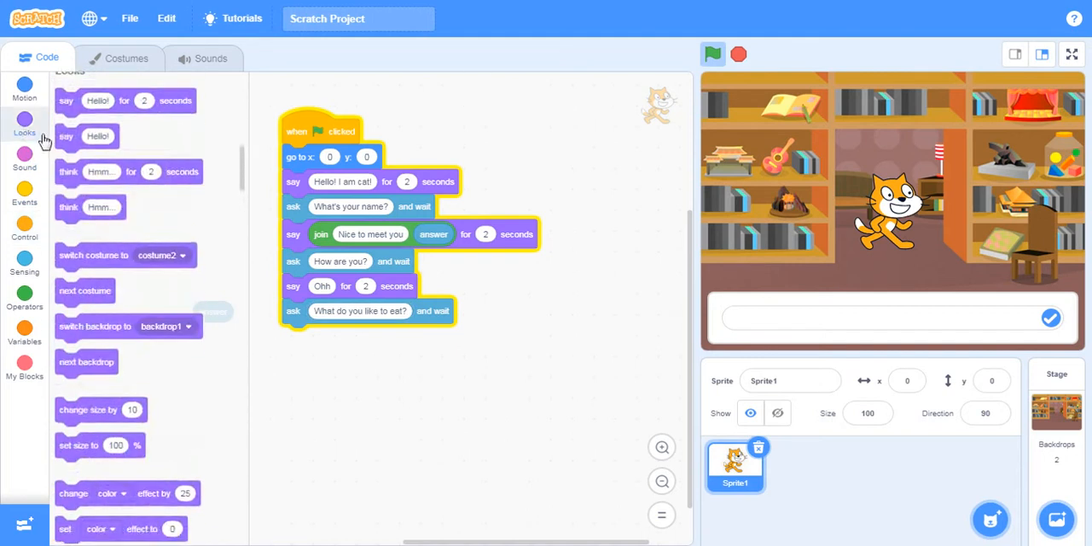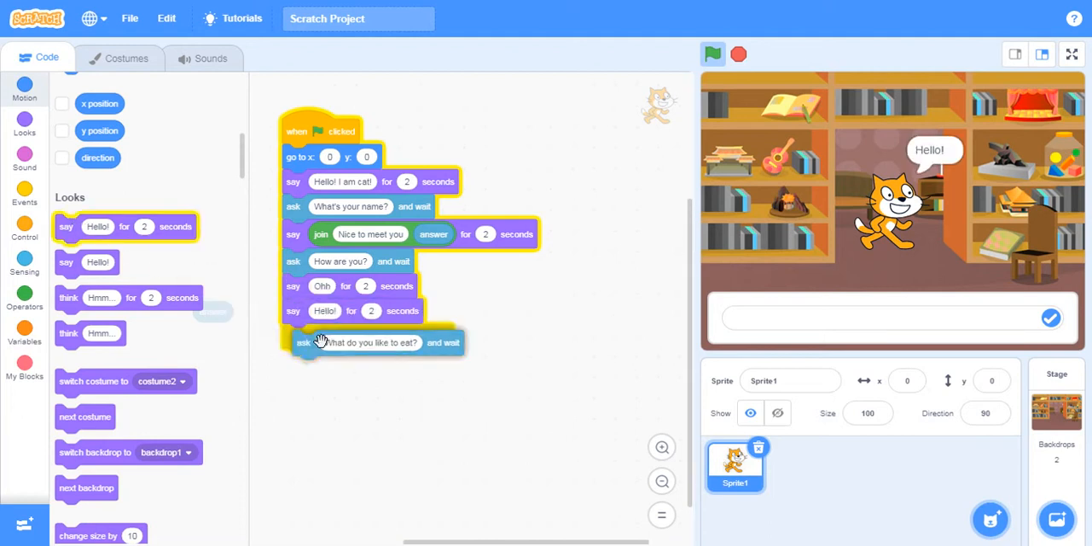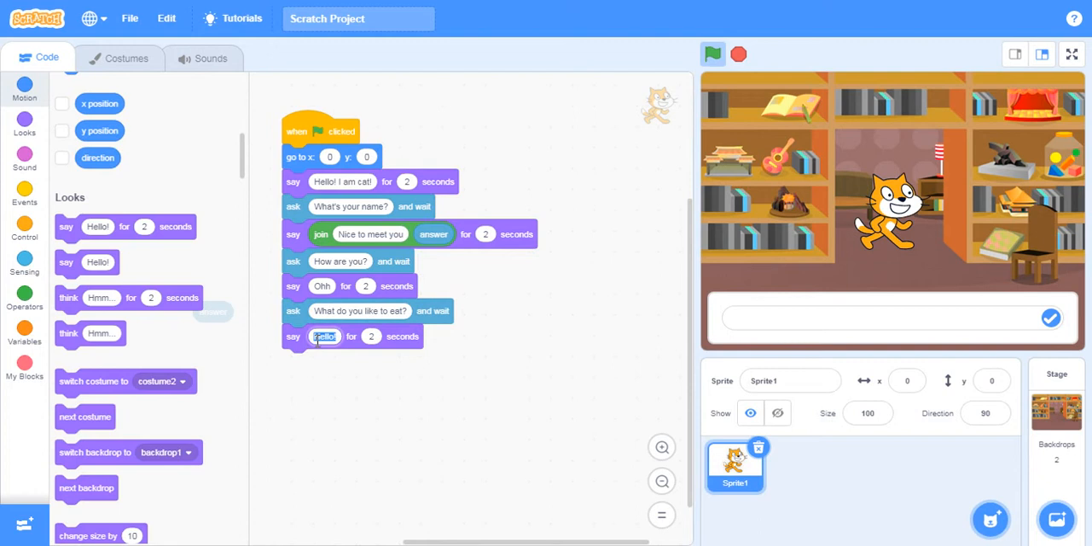So go to the looks and say okay, I love to eat mice. Okay, so this is the question where it will be going on again and again. Again say